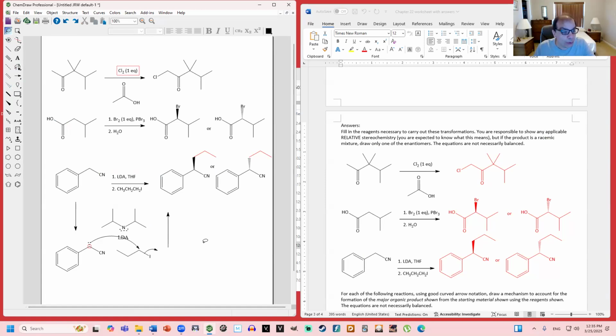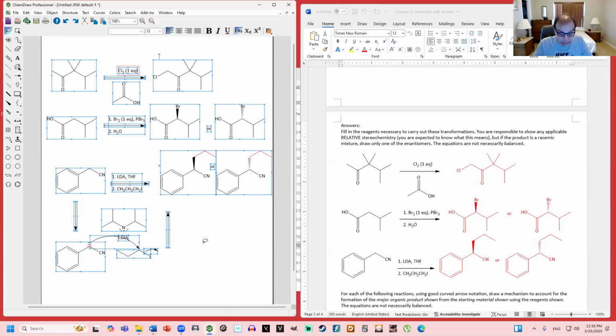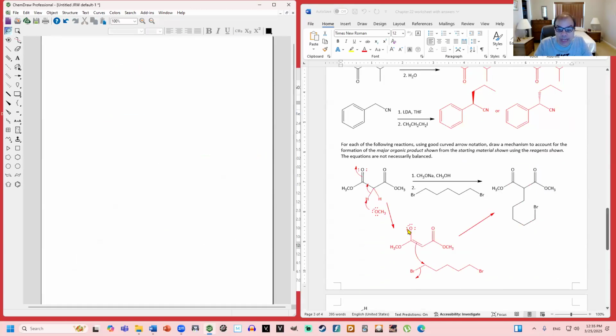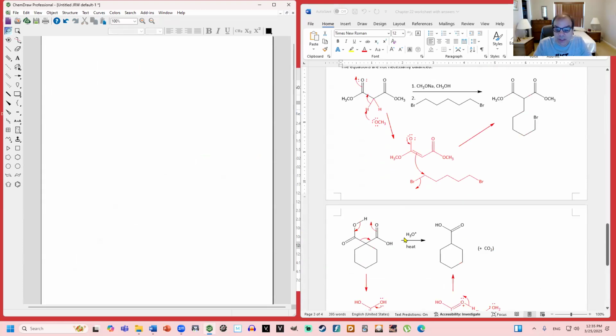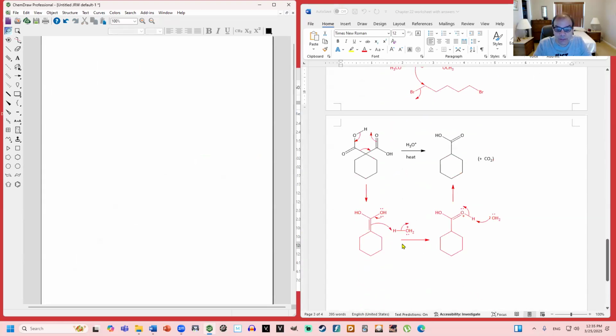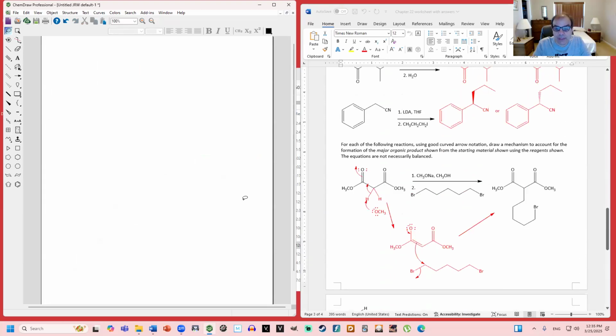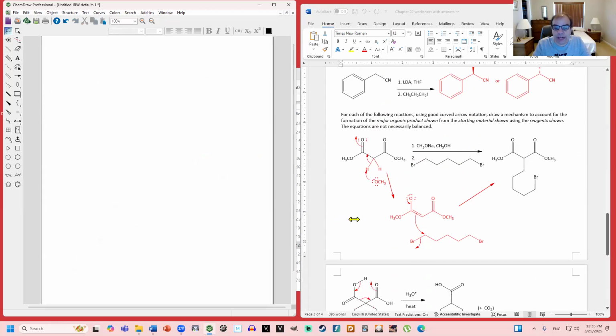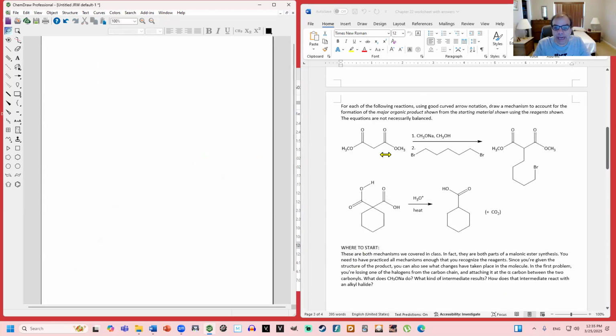All right. Well, so much for the reaction questions. We also have some mechanism questions. I think a grand total of 2 of them. And these are both reactions that we will have talked about in chapter 22. So the first mechanism, let's move back to that. The first mechanism involves treating dimethylmalonate with sodium methoxide and methanol, followed by this dihalide,